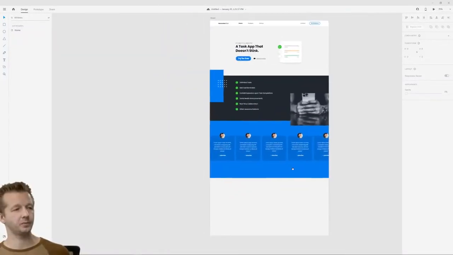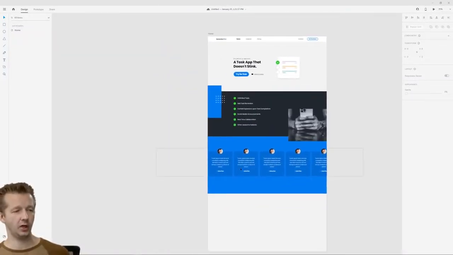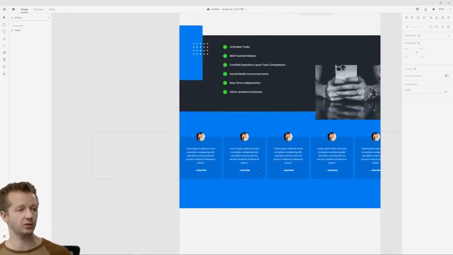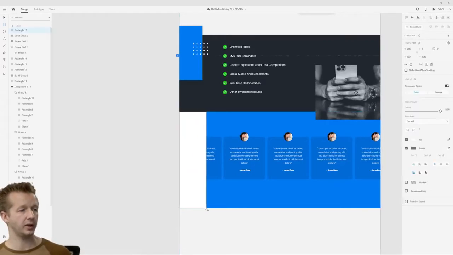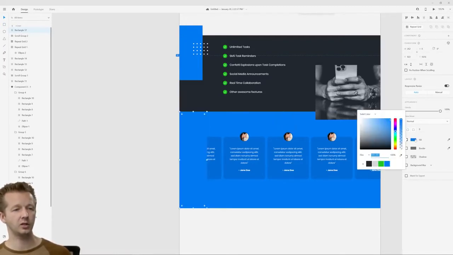All right. Now we could leave it like this if we wanted to. I'm going to show you another cool thing though that you could do optionally because we haven't talked about gradients. Let's take a rectangle tool, roughly right around there. Get rid of the stroke. We'll make the background color this, but we're going to click on this and change from solid color to linear